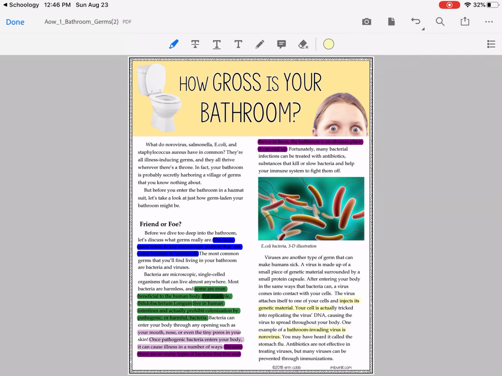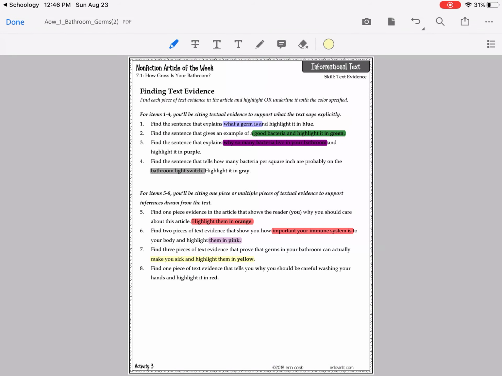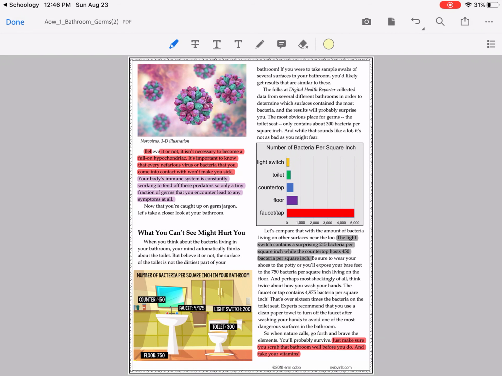Let's see, that was a couple of things. Let's reread the question. Prove that germs in your bathroom can actually make you sick. I feel like there's a couple other places I remember reading. All right, maybe this one, that's over 16 times the bacteria on the toilet seat. So turn off the faucet with a paper towel. Doesn't really talk about how it makes you sick, but